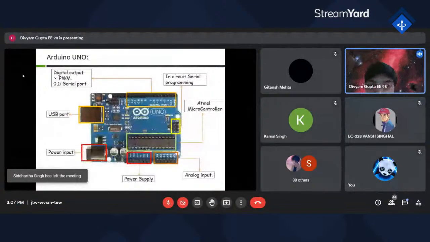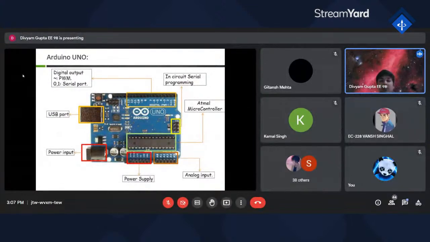So basically, this is the main structure of our Arduino board. You can see that first of all, we have the digital pins numbered from 0 to 13, and you can also see a curve sign on some pins, which are called PWM pins. These are basically the pulse width modulation pins. This means that if you give an analog input, they will send out a digital output to you.